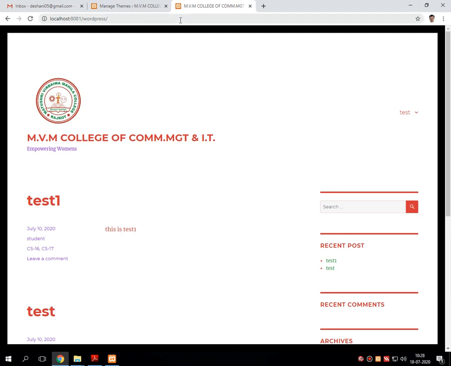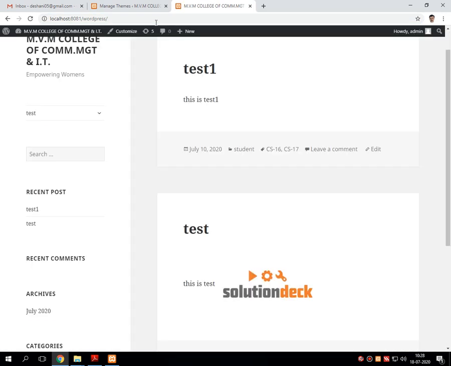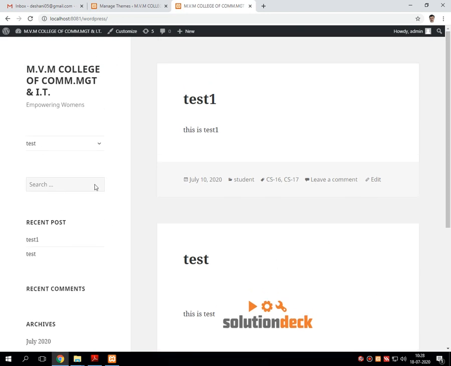I am just refreshing this page by pressing F5. You can see that the layout of my theme gets changed. This is not at all possible in core PHP. Lots of effort we would have to give.